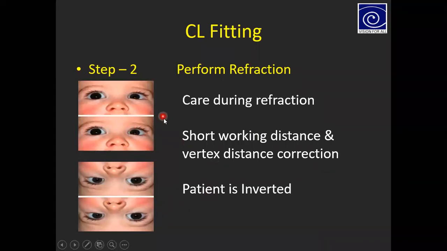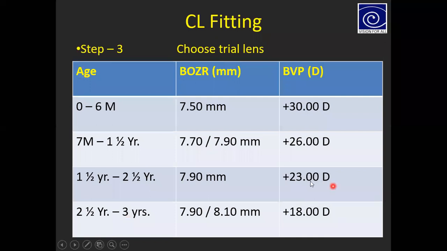And especially when you're doing refraction under anesthesia, where the child is in the supine position, you might have some confusion about which one is the right eye and which one is the left eye, because the eyes' positions change between the straightforward position and the supine position. So you should take care of that. You should be very sure that this error is for the right eye and this error is for the left eye. So we should take care of these two points.